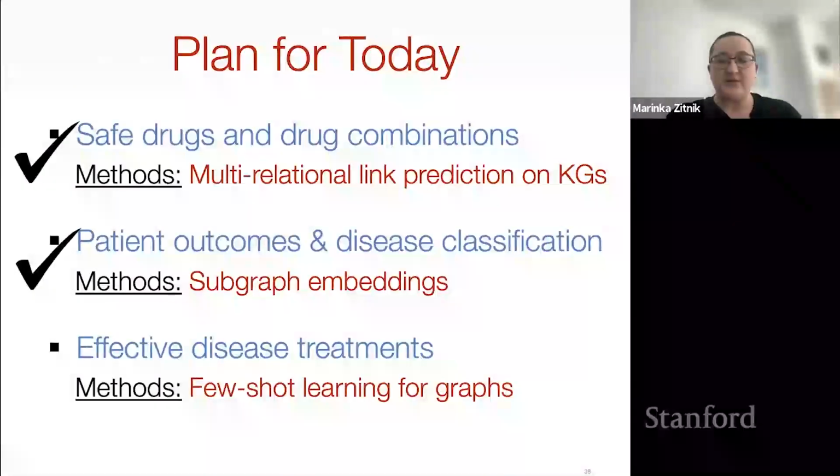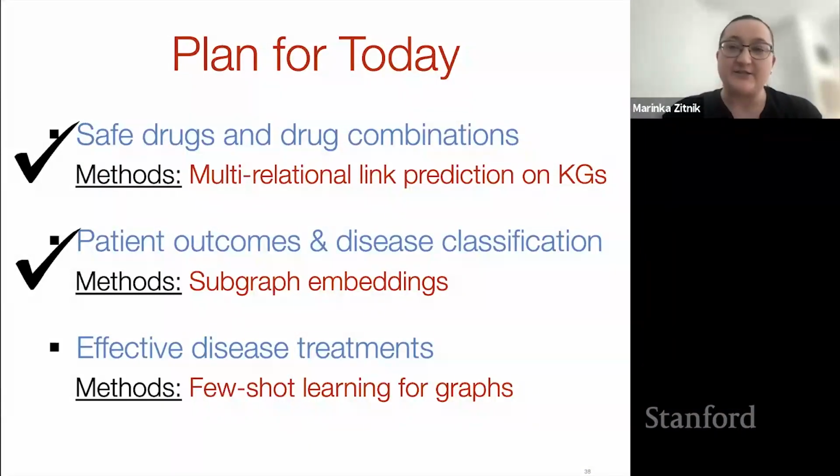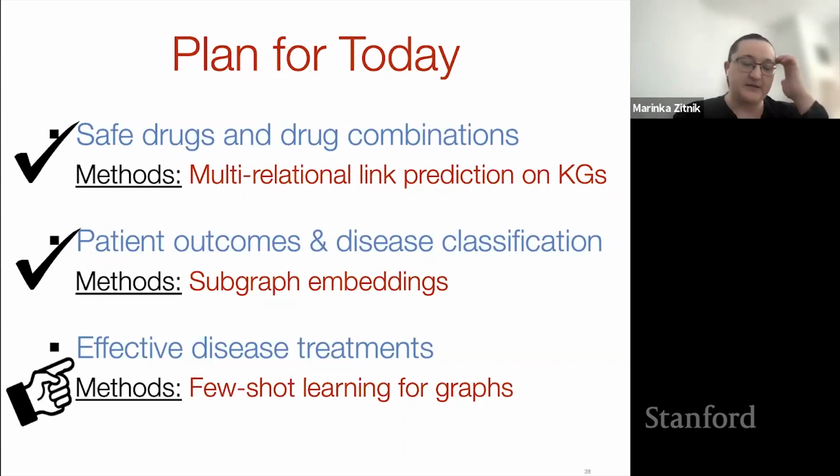Okay. So this concludes the second part of this talk, which was concerned with using the power of subgraph embeddings and GNNs for disease diagnosis tasks. And in the third part of the talk, I will focus on an important endpoint for drug development, which is